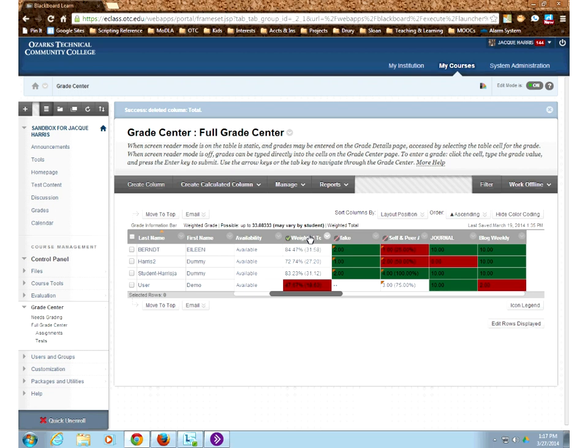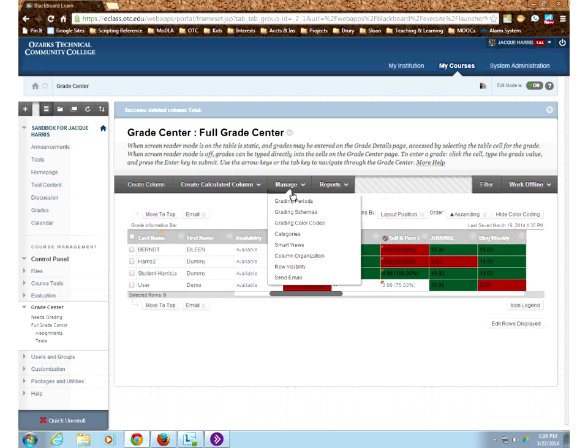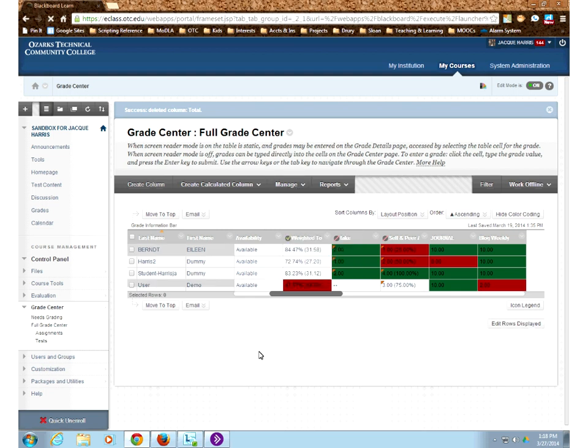So to set up weighted grades, there are 3 really important things you have to make sure you have right. You have to have your weighted column set up so that it's counting all of the categories. You have to have all of your categories weighted properly, and you have to have all of your assignments in the right category. But we're going to start with the categories. Under the Manage categories,